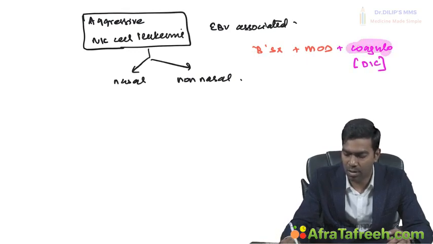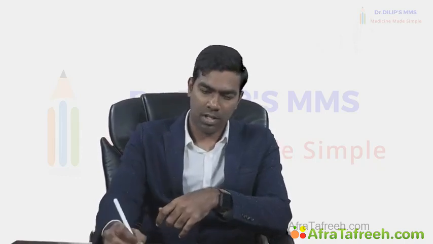And again, it's very important, there are few cancers which present with DIC. Hematological cancers, one of the important hematological cancers that presents with DIC that will be asked in exam is APML, that is acute promyelocytic leukemia, AML M3. Clear? Otherwise called APL or APML or AML M3. That is the hematological cancer that you have to know that presents with DIC. Another hematological cancer that presents with DIC that you have to know for exams is this aggressive NK cell leukemia. That also can present with DIC and coagulopathy. Typically they present with B symptoms, multi-organ dysfunction, lymphadenopathy may be there, and coagulopathy is